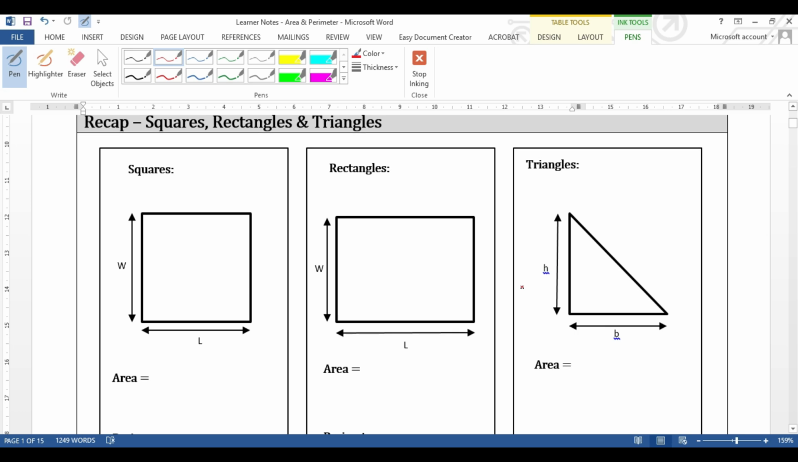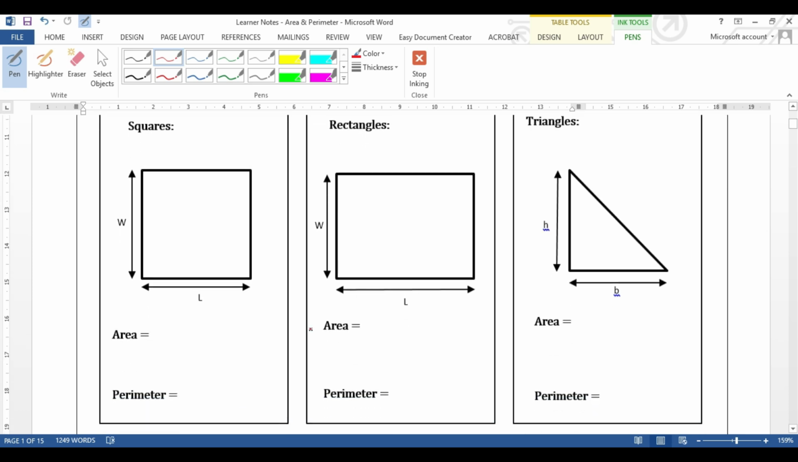So just a bit of a recap, this is from level 1. Hopefully you know how to work out the area and perimeter of squares and rectangles. And the new one, obviously for level 2, are triangles, which don't appear in level 1. So for squares, area is length times width, and for the perimeter, let's not complicate things, and in fact for all of these, add up all the sides,